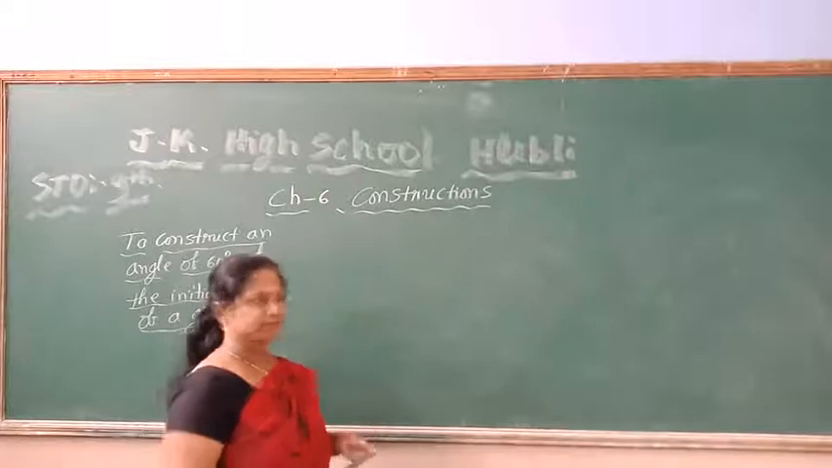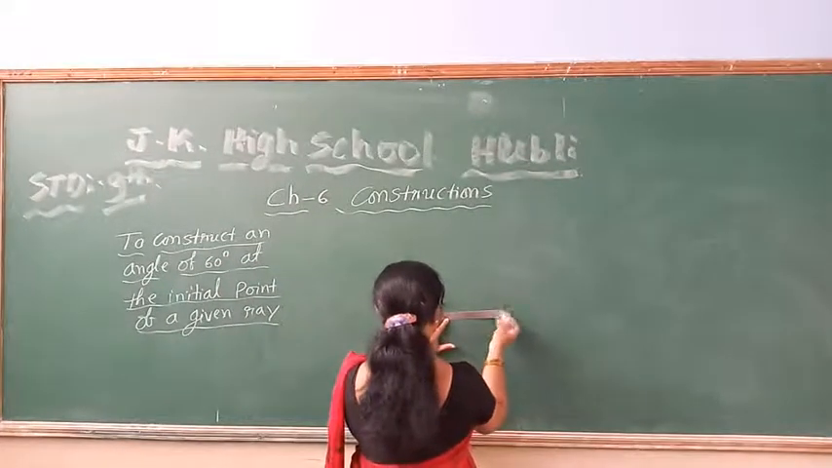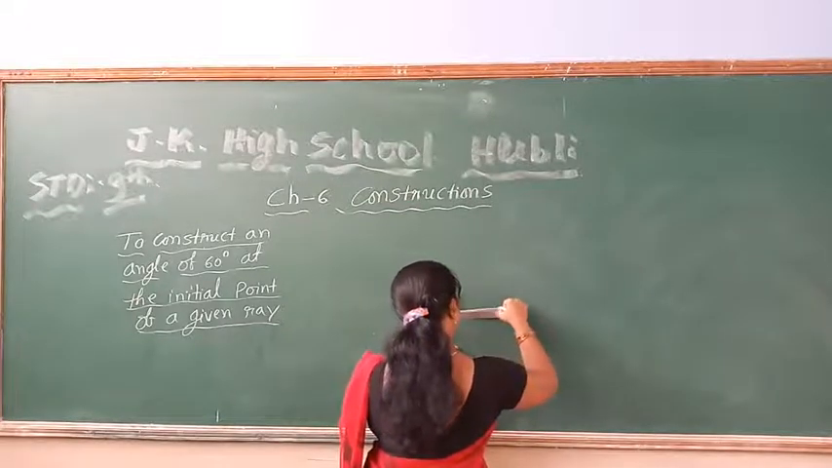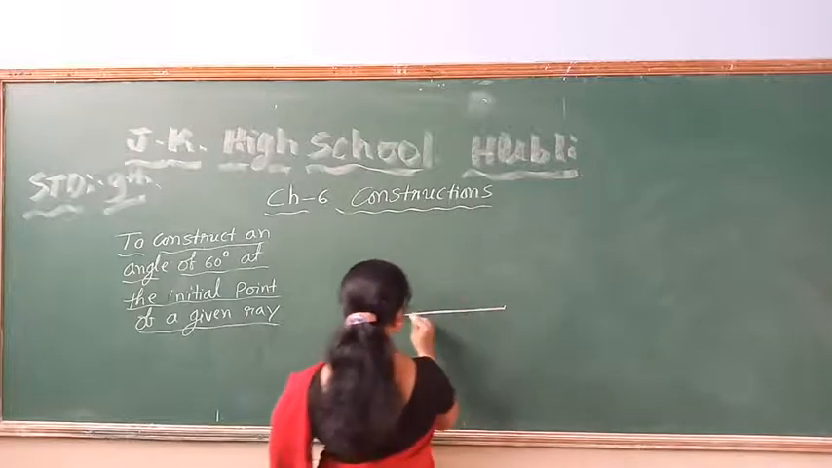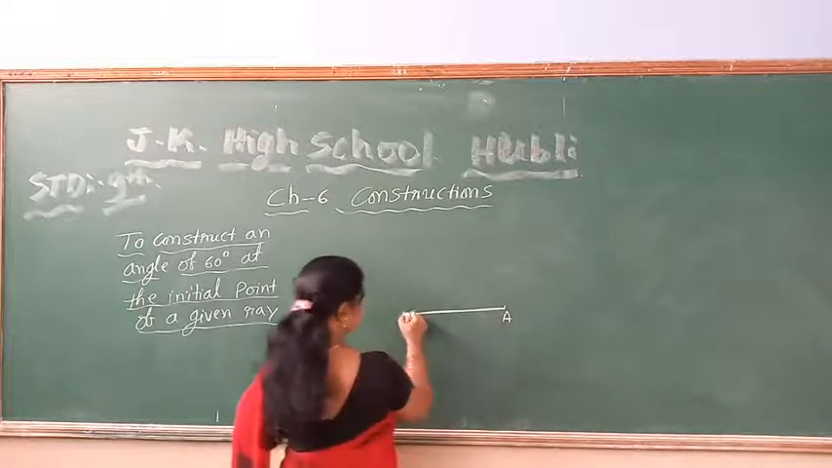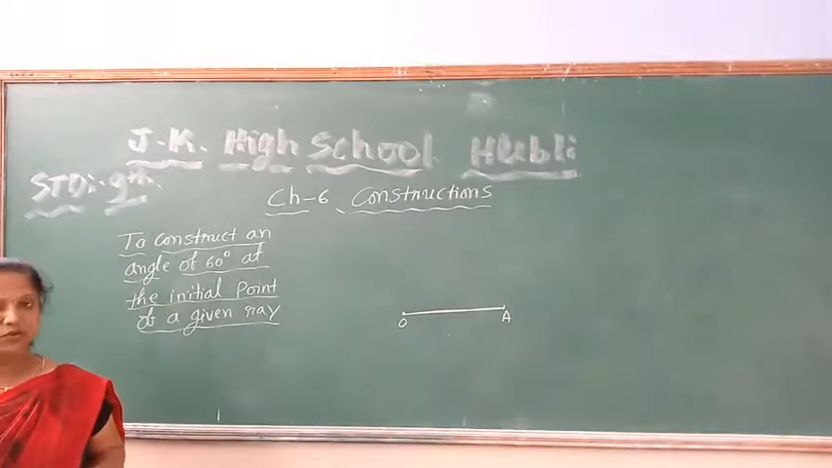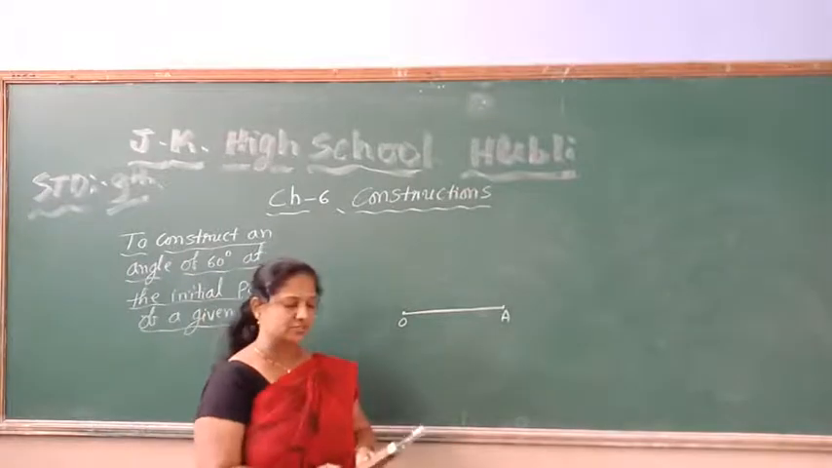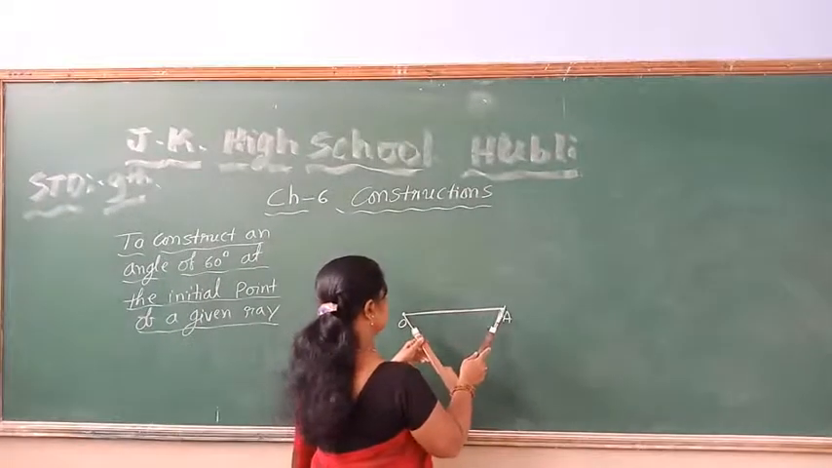So now I will take a ray. Now this is a given ray, OA. At the initial point here I have to construct 60 degree, children. So I have to construct 60 degree means I will do it now. So the same radius, given ray, how much is there? Same radius you take by using compass, children, and